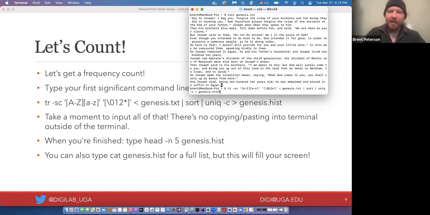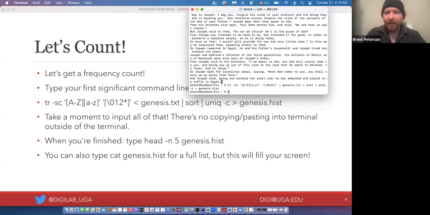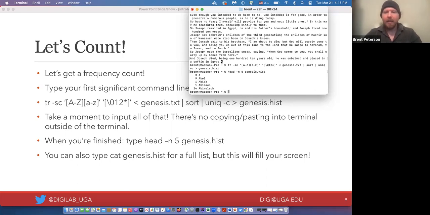And then once you're done, you can press enter and hope that you did it correctly. And since I didn't get an error message, I think I probably typed that correctly. And when you're finished, type head, n, and then 5 genesis.hist, and you will get, in alphabetical order, some frequency lists of the words in Genesis, or in this fragment